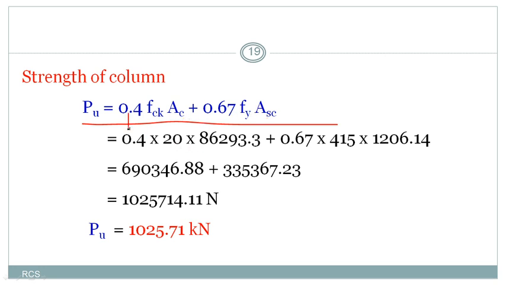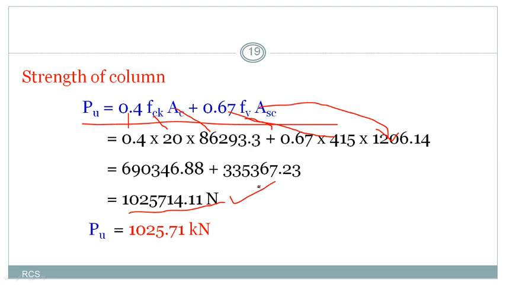So 0.4 fck, fck is 20. Ac, the area of concrete, we have already calculated as 86293.3, and here fy is 415 and Asc is the area of longitudinal reinforcement provided in the column. If you solve that, we'll get 1025714.11 newtons